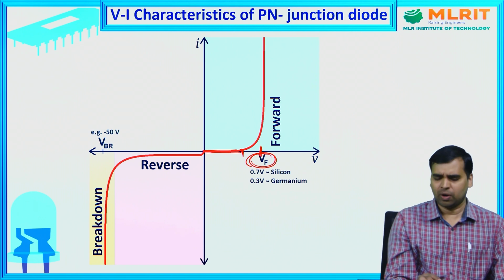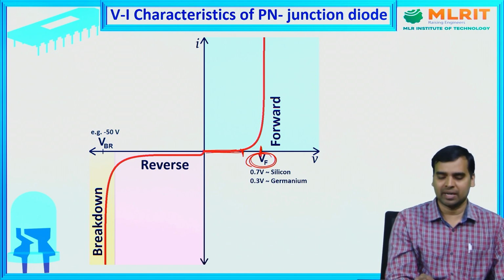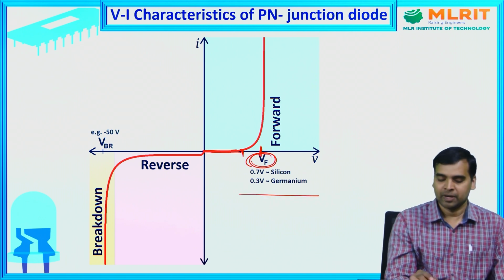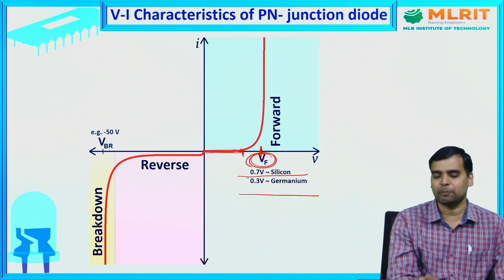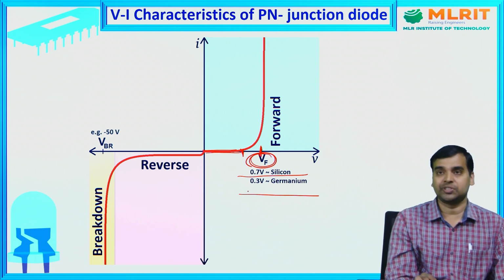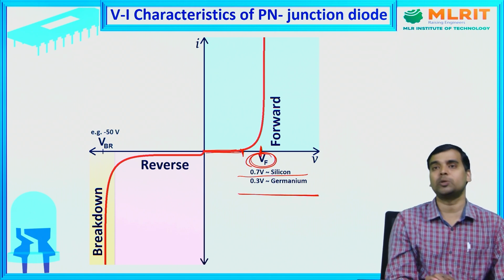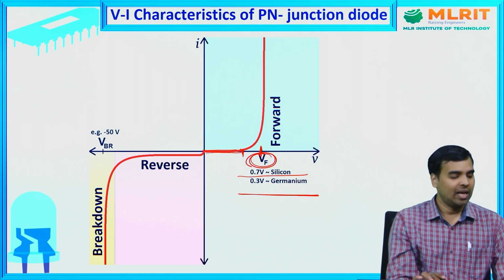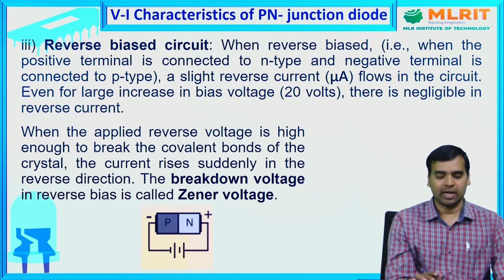And I hope you all know that familiar semiconductor materials are silicon and germanium. For silicon, the knee voltage is approximately 0.7 volts, and for germanium, the knee voltage is approximately 0.3 volts. This is in forward bias, right? Now, when it comes to the reverse bias,